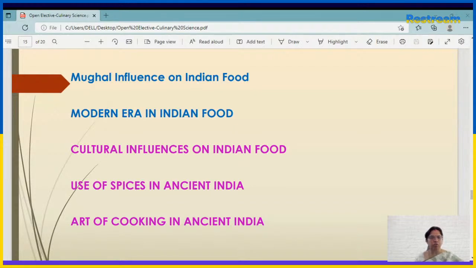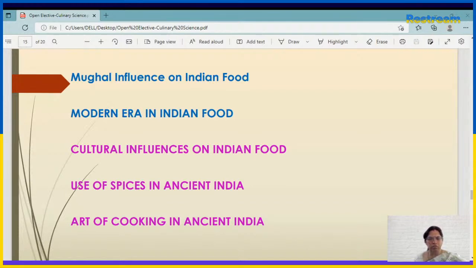Then cooking in ancient India. We have already seen that a few of the kitchenware we are using has been taken from the old custom. We have already gone through the four types of Indian food. In North Indian food, you find a lot of chapatis, rumali roti, naan, etc. and paneer dishes. Then in Western Indian food, you have prawns, pomfret, etc., which is influenced by Portuguese Goan foods.